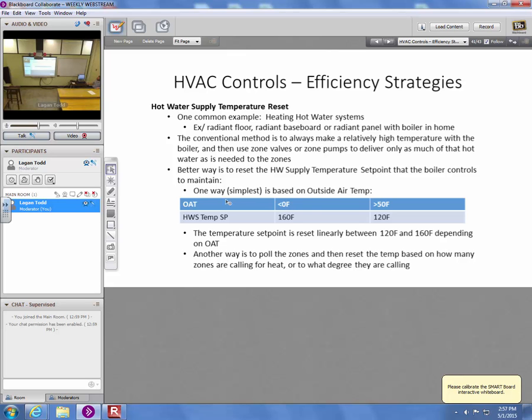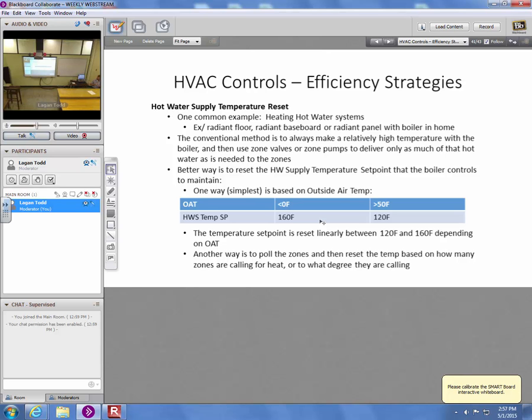Anyway, the idea here is pretty simple. When it's cold outside, make a hotter hot water temp. When it's warmer outside, make a cooler hot water temp. You probably don't need 160 degree water to heat your house when it's 50 degrees outside, but you probably do when it's 0 degrees. And what these actual temps are, 120 versus 160, that depends a lot on not only